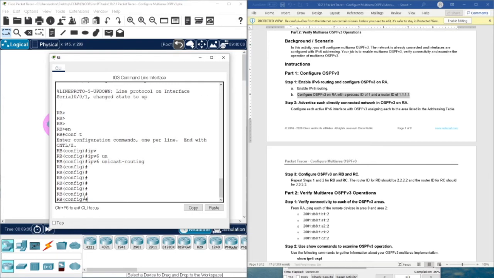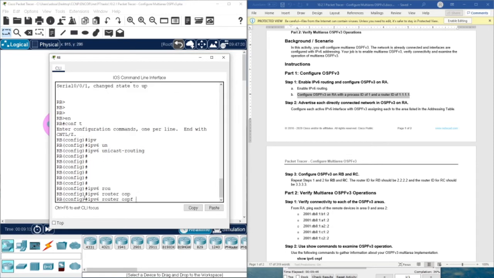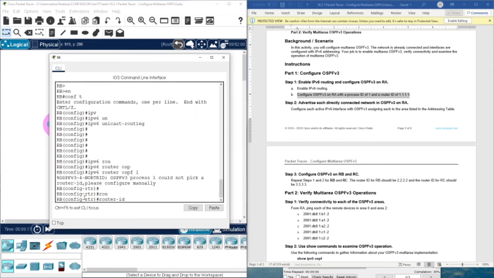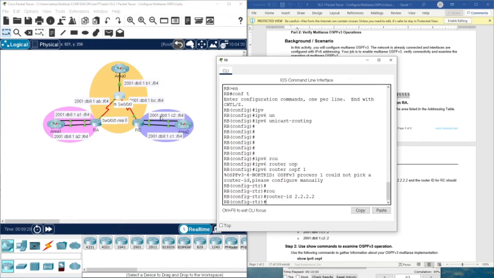Now we need to give IPv6, of course, the router OSPF 1. This is the process ID, and of course router ID is going to be here 4 times. Okay, I enabled the router ID also, and now let's check here what we have here. We have this interface, we have this interface, we have this interface. So we need to enable them. All of them are in area 0,